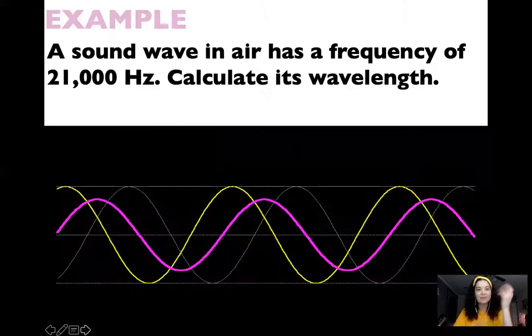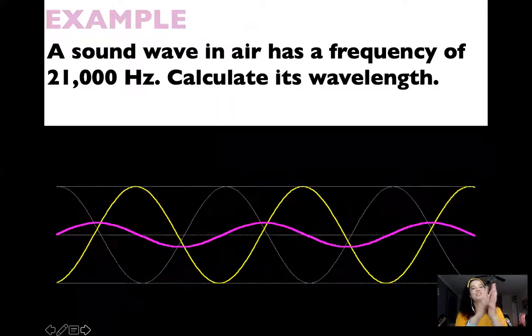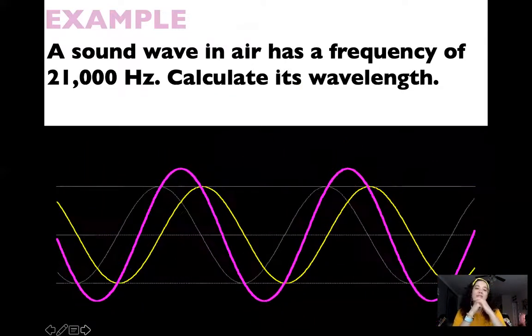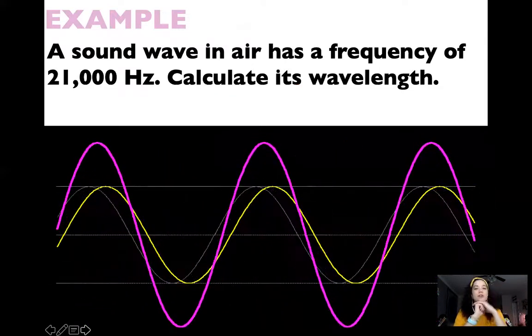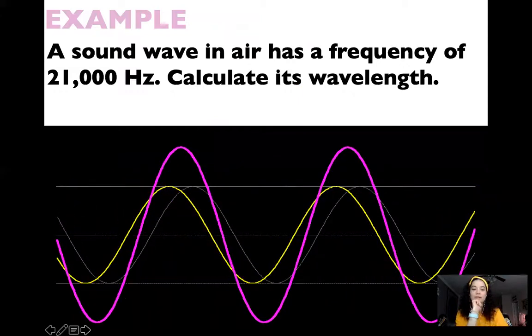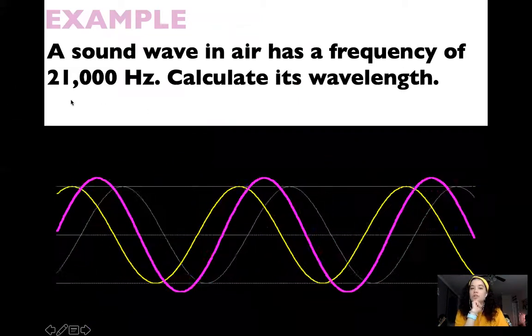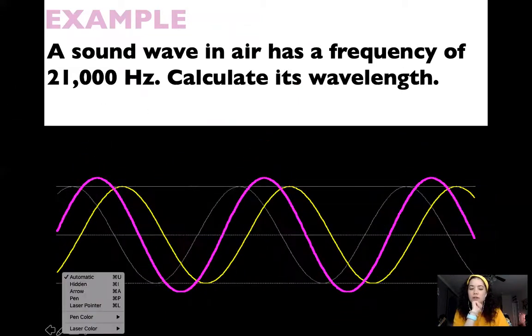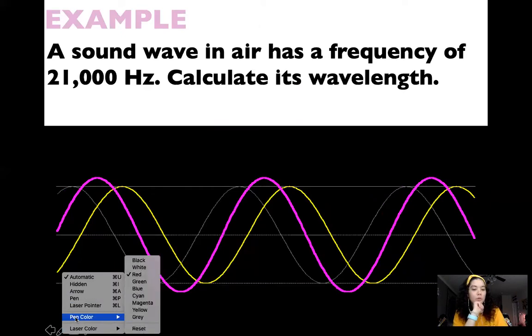Okay. So here's our one calculation. We've got a sound wave in air that has a frequency of 21,000 hertz. We want to calculate its wavelength. First question, 21,000 hertz. Can a human hear at 21,000 hertz? Nope, hopefully you said no. Okay,